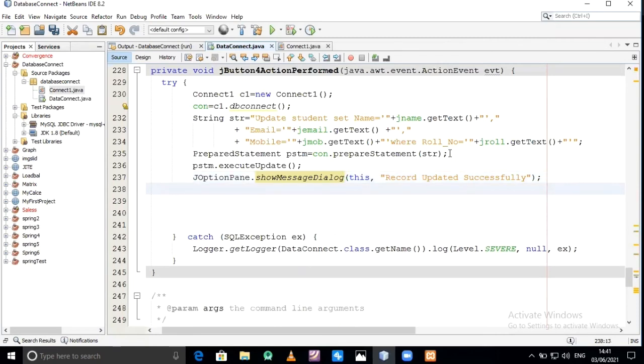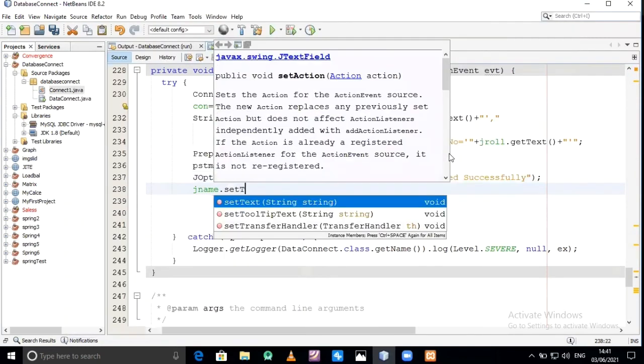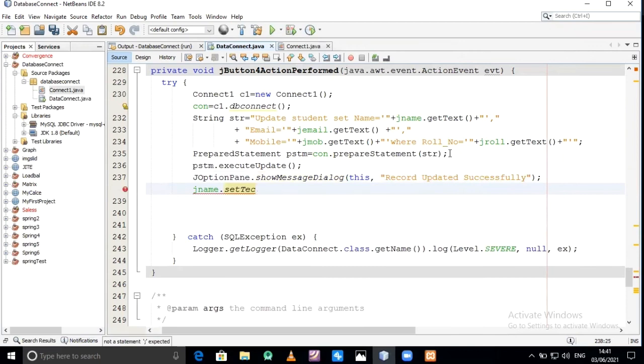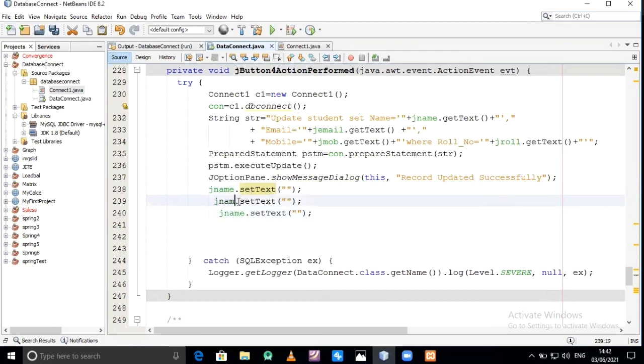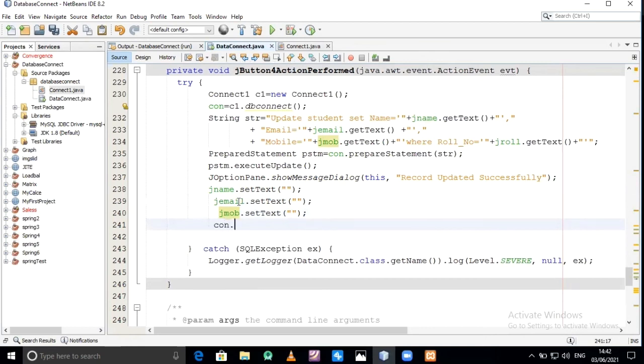After updation, clear the text boxes. setText equal to blank. This is for name, same for mobile number, and same for email ID. Save. Okay, this is our update.